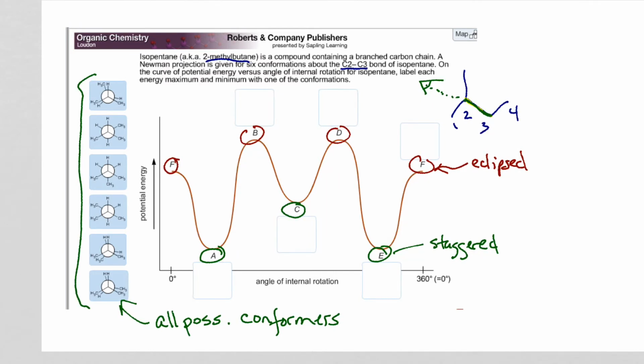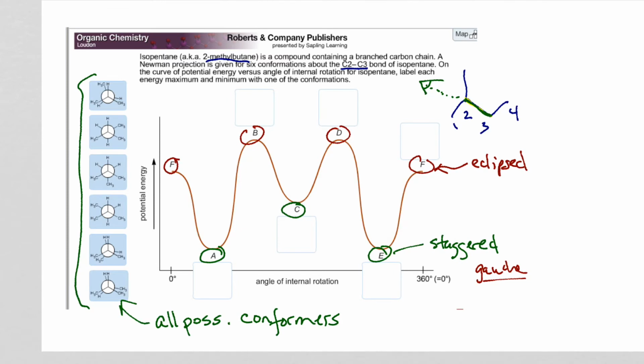All the staggered conformations are not the same energy, because in the staggered conformations you can have gauche interactions, and that can raise the energy slightly. All of the eclipsed conformations aren't going to be the same in potential energy either, because in some eclipsed conformations you're going to have two methyl groups interacting, and in some eclipsed conformations you're going to have methyl groups interacting